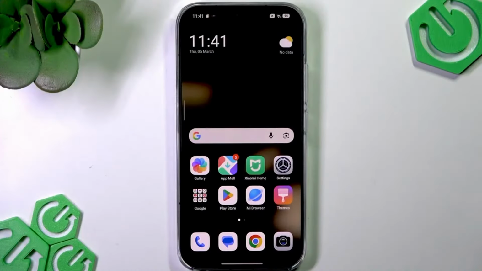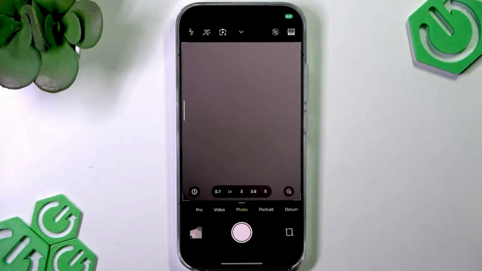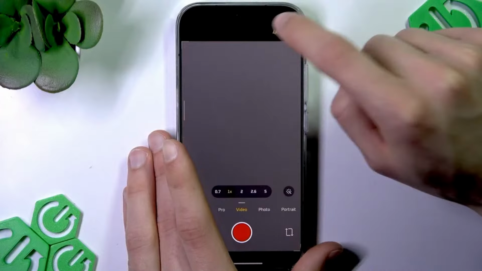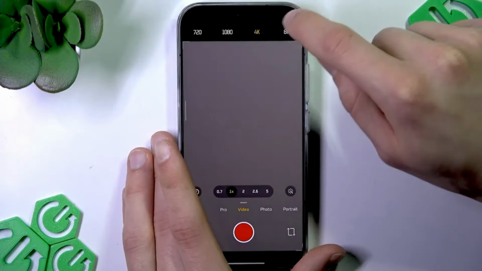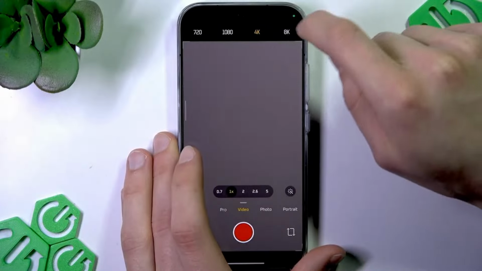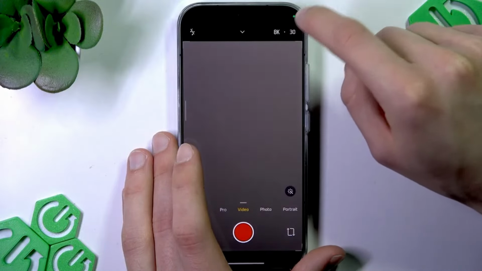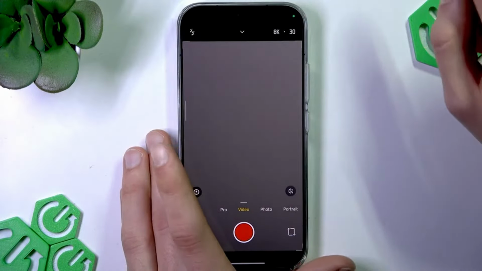To record an 8K video on your Xiaomi, you have to open the native camera application, then switch to the video mode on the mode bar, and then just tap on this icon at the top of your screen that shows your current resolution. In my case, it's 4K, and as you can see, we can switch to 8K by selecting this option. And 8K resolution only supports 30 FPS, so if you wanted to use